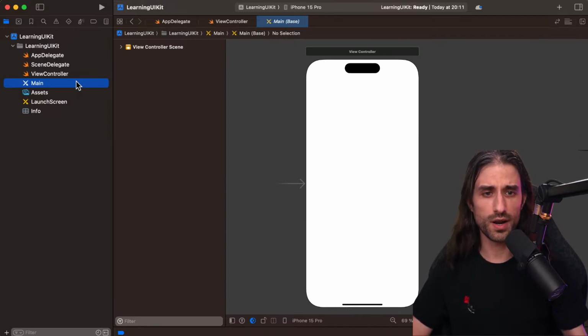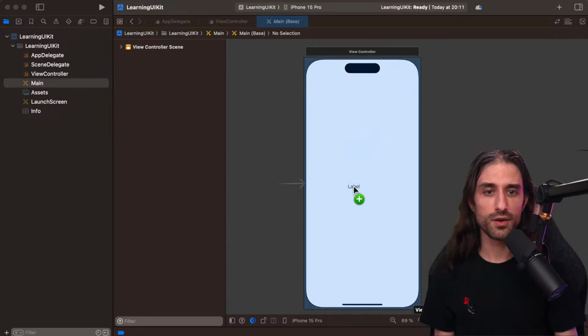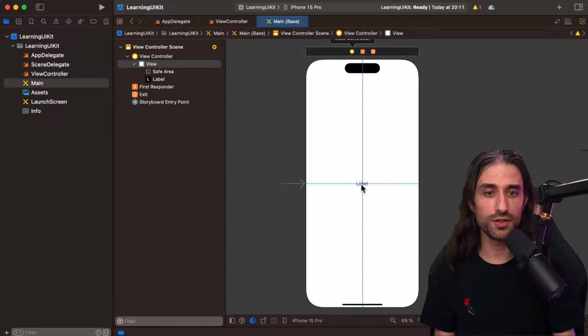This is very different than SwiftUI, because in SwiftUI, your UI is defined as code, in the body of a view. In UIKit, you have several ways to define the views of a view controller. You can either define the views programmatically, by creating subviews, configuring them, we're going to see how we configure the layout, and then adding them as subviews to a parent view. Or you can use a file like a storyboard file, which allows you to graphically, in a UI, drag and drop and position UI elements on your view controller.